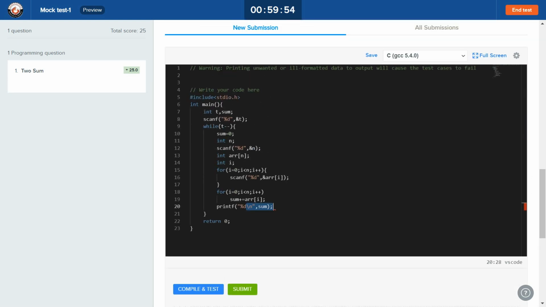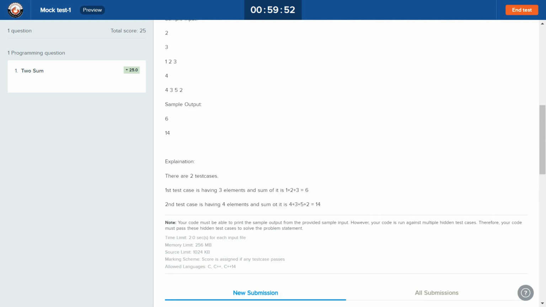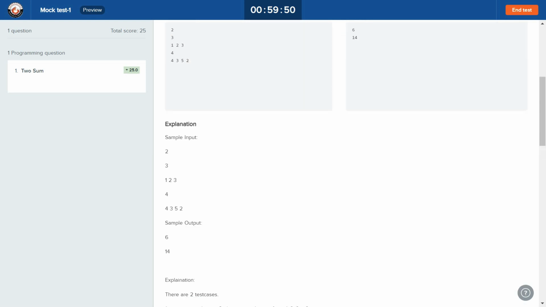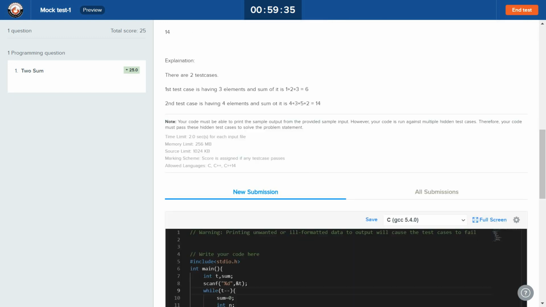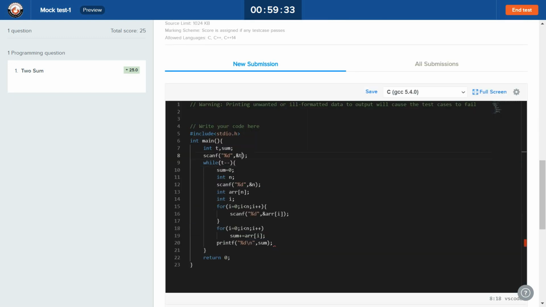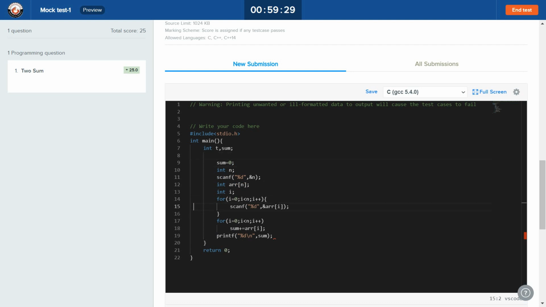And see, in the first line of input they have said the number of test cases, and then the number of elements, and then the array, and again the number of elements, and then the array. They have specifically said this, and for every single line, please adhere to these guidelines. Now if you do not read T and just start with reading N, it will give you a wrong answer.